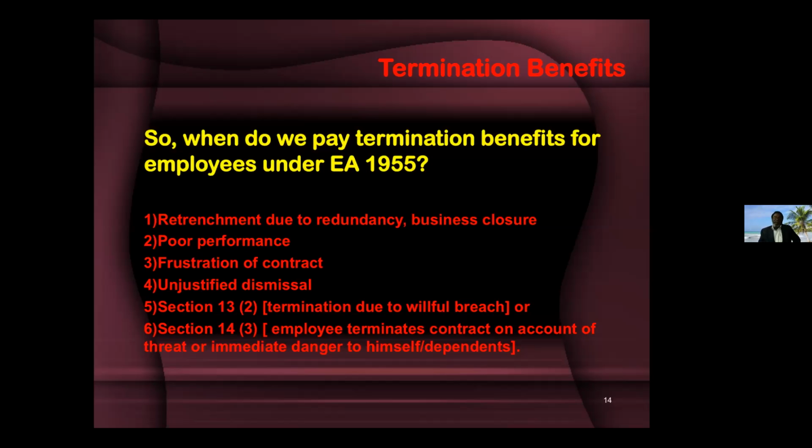So other than that, when it comes to retrenchment, redundancy, business closure, and so on, this is a situation whereby we end up having to pay termination benefits only for those employees who fall under the Employment Act, like I mentioned. Under the Employment Act, as we're all aware, for you to qualify to be within the purview of the Employment Act, number one, you have to be earning 2,000 below, or a manual worker within the meaning of the Act, or at least 50% of the time you're performing manual work.